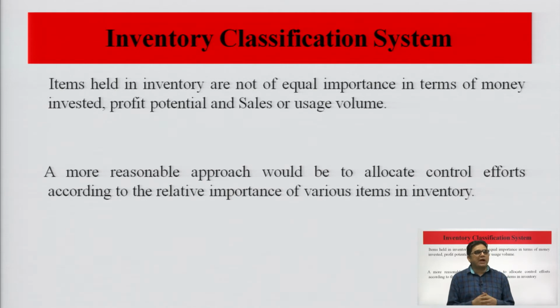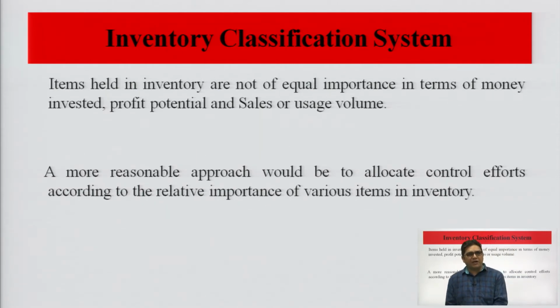So, the organization has to classify and know which of the items are important for the organization and which are not very important. Those items which are rarely used or not very frequently used can be classified